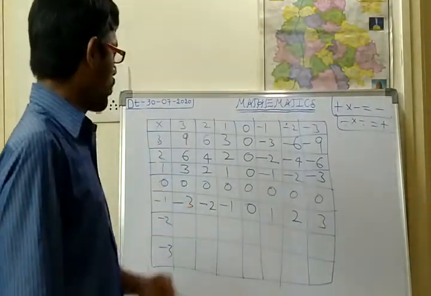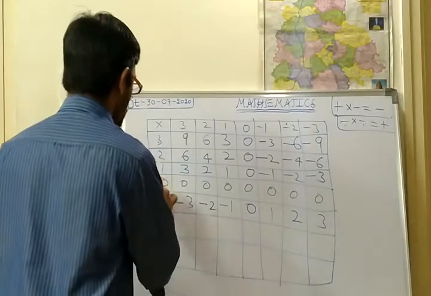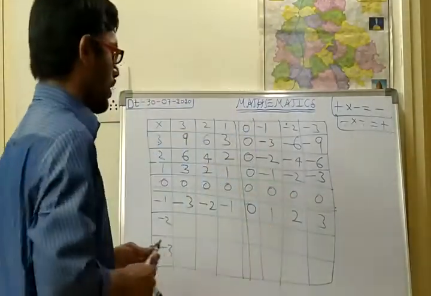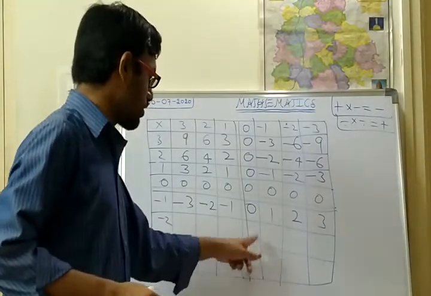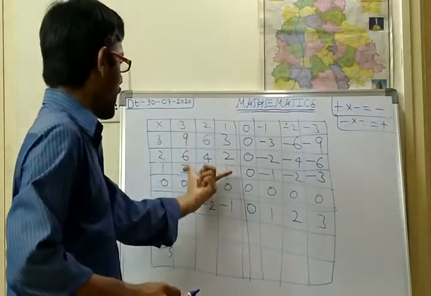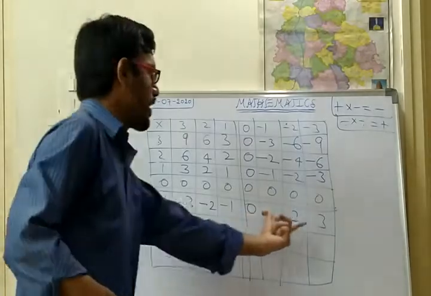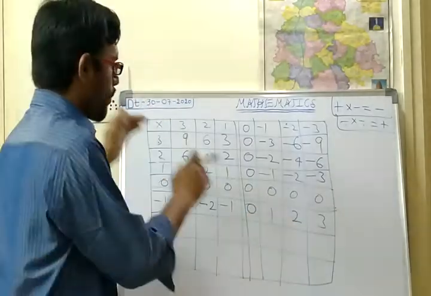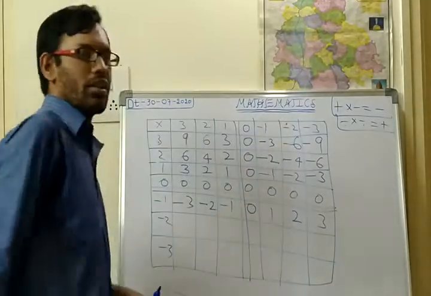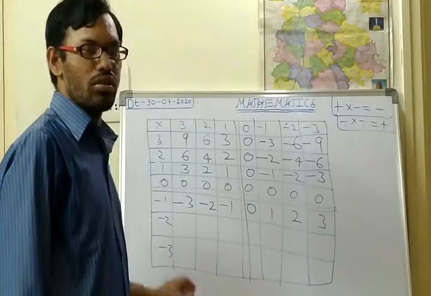Here what you can understand: this row and this column are getting 0 only. Here also you will get zeros only. Here you are getting positive numbers, here negative numbers, here negative numbers, and here positive numbers. So it is in the opposite direction. Here and here positive numbers, here and here negative numbers will be coming. Like this it will be very easy to identify.